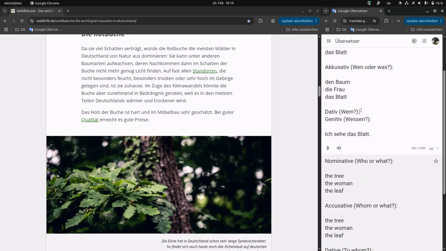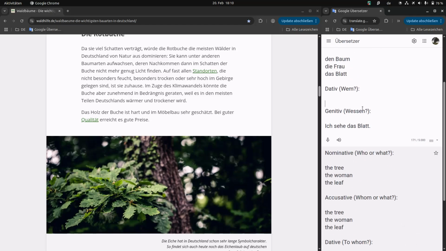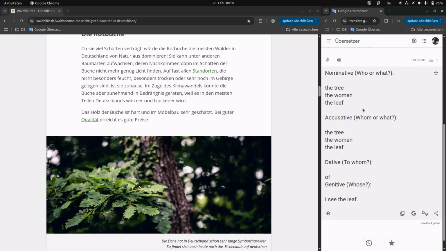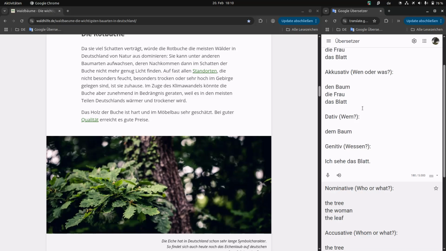So then we have wem, dem Baum. Dem Baum. Who do we give something to? Dem Baum. Like for example, ich gebe dem Baum Wasser. Ich gebe dem Baum Wasser. Then we have